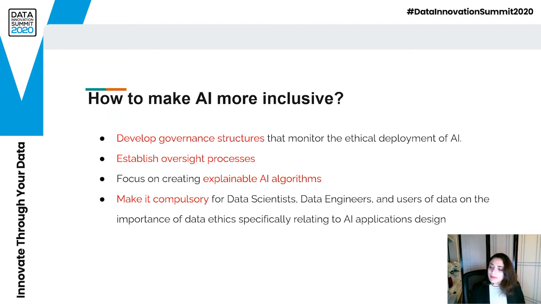How can we make AI more inclusive? To bring about this topic, developing data governance structures that monitor the ethical deployment of AI is very critical. Number two, establishing an oversight process. What I mean by that is establishing an oversight process not just to test the training data and the outputs of algorithms. It is also about seeking reviews with the internal and the external parties who will be involved in